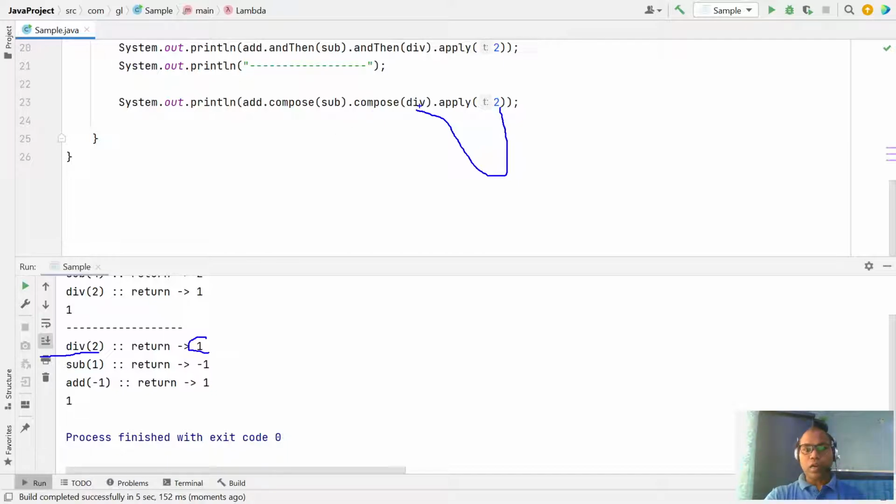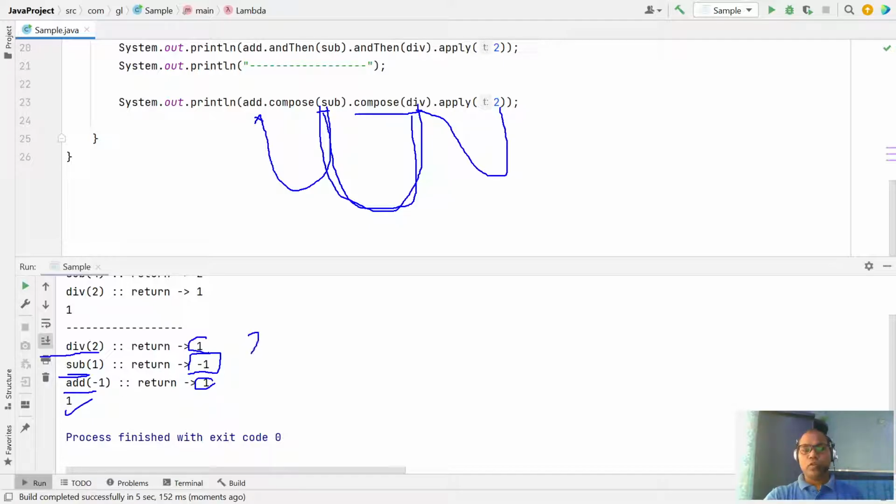This result is passed to the second function, the sub function. Sub function takes one input argument and returns 1 minus 2, which is minus 1, and this result is again passed to this add function. The add function takes minus 1, adds plus 2, and returns 1.